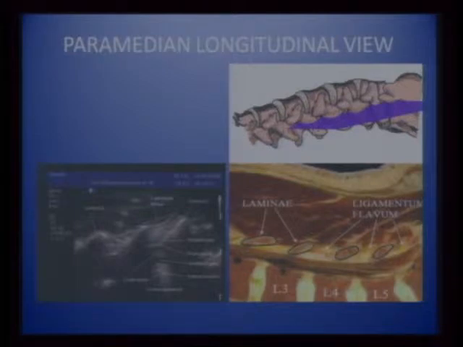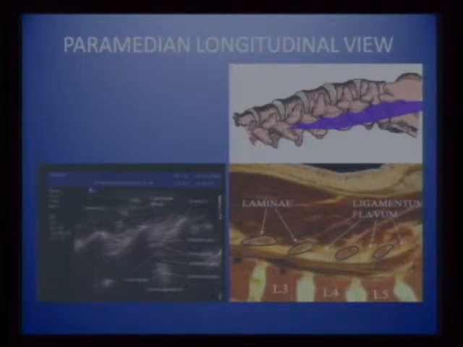So let us say you do a paramedian longitudinal scan. What you're trying to look at is the interlaminar space. You will see the erector spinae and the multifidus muscles, which are the paraspinal muscles. You will see the laminae there. You will see the ligamentum flavum. And then beneath that is the epidural space. Then you have the posterior dura, the thecal sac, and this is the anterior complex formed by the anterior dura, the posterior longitudinal ligament, and the body of the vertebral